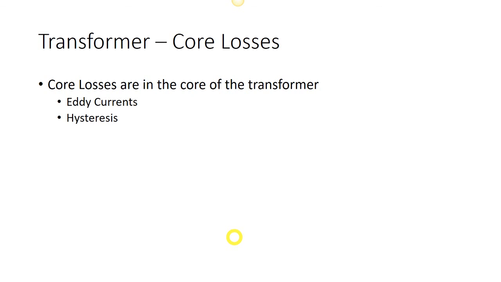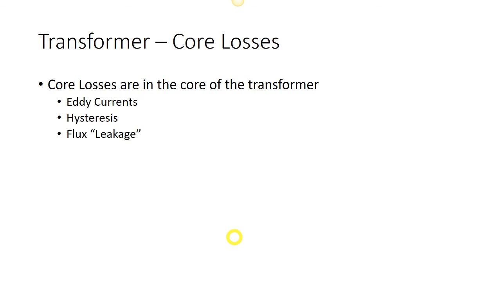Hysteresis. Hysteresis is basically the resistance to change of magnetic field inside that core. So I had that animation where we were rotating around in a circle, that soft iron core, but then it would alternate as soon as my AC signal changed to the negative alternation. And whenever you seesaw something back and forth like that, there's always going to be resistance to that change,